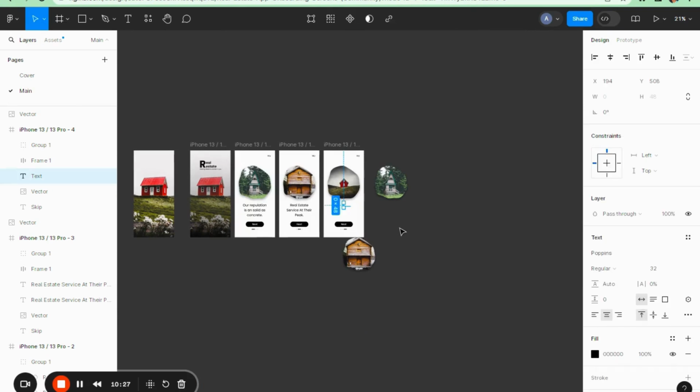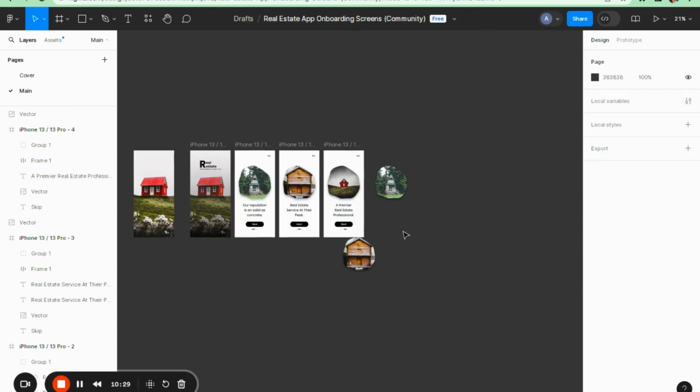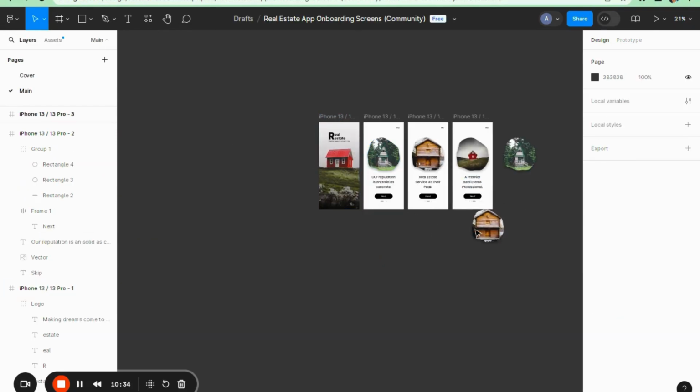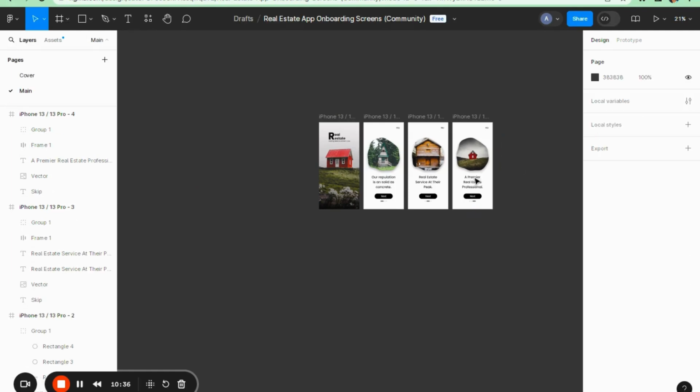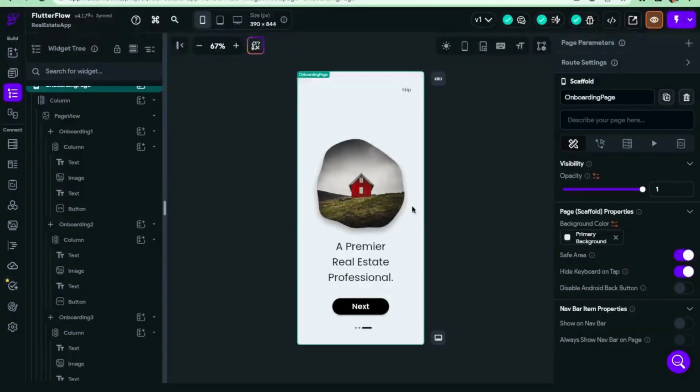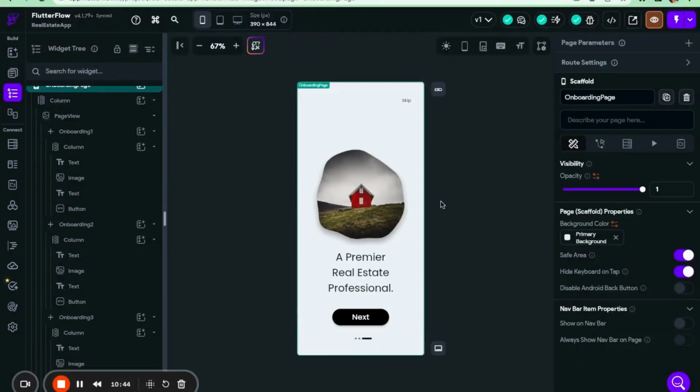So yes, we have made the entire screen. So all these things have, and we can delete the ones which we have recreated, and all these 4 screens are built in FlutterFlow. You can save it and then go to preview and preview the application in the preview mode in here. So there you can see the front-end design of all the 4 pages, splash screen and 3 onboarding pages, and